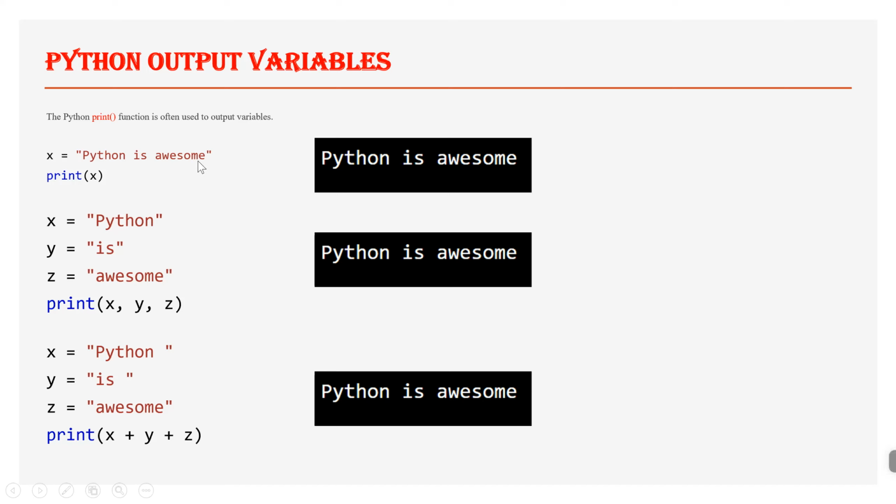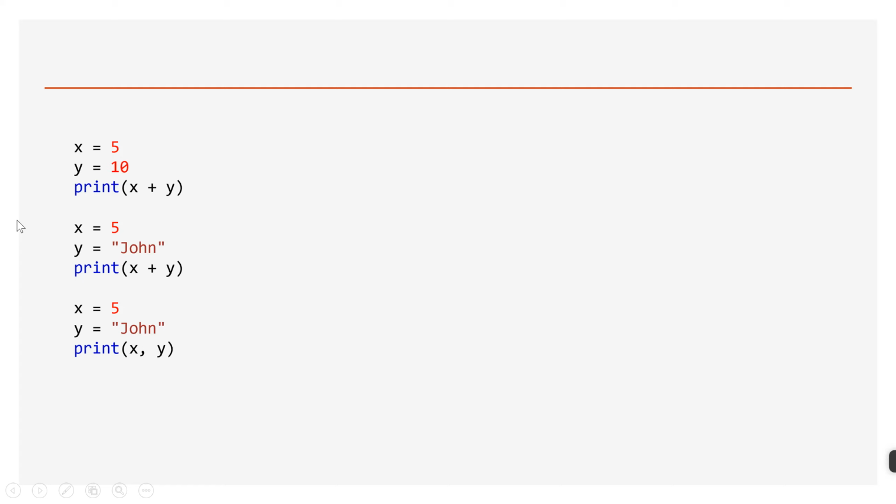The print statement is considered an output variable. This we have already discussed. Print X, Y, Z: I can split into 3 variables and put commas, and I can use plus also because all 3 variables are of the same type. So we are getting output like this. Very simple output variables. See here, X is equal to 5, Y is equal to 10, x plus y gives 15. X is equal to 5, Y is equal to John, x plus y gives an error message. But here you get a correct answer as 5 and John. This experiment we have already seen. Okay, with that